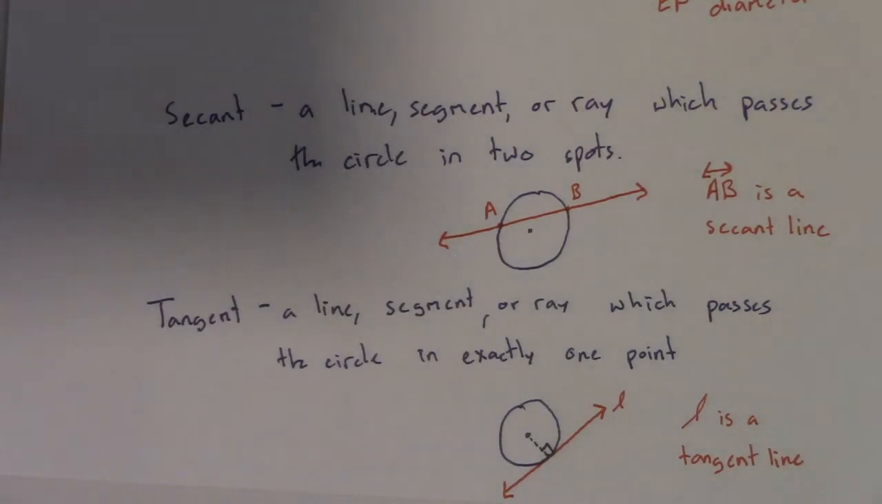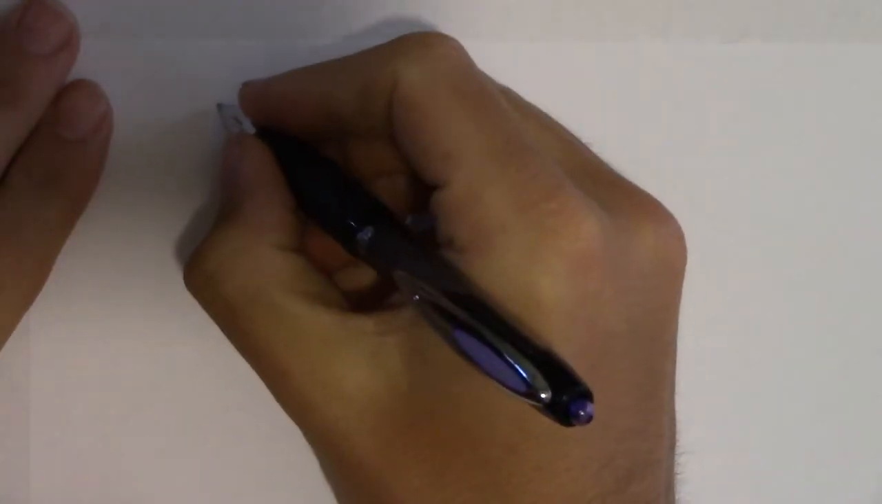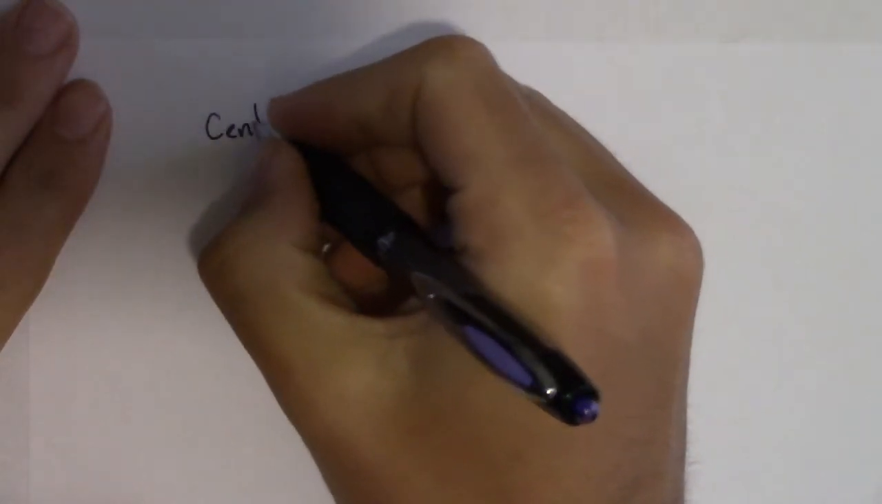I'm going to jump over, we're still talking some circle vocabulary, but I'm going to jump over and cover some angle measures. So the first one I have is called a central angle. Let's see where it's top of my paper. It's right there. Perfect. Okay. So central angle